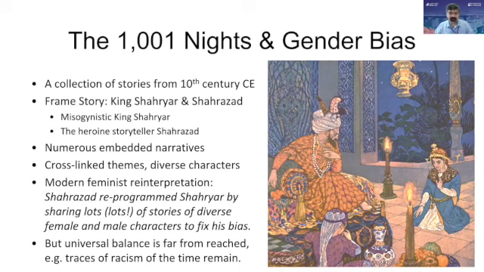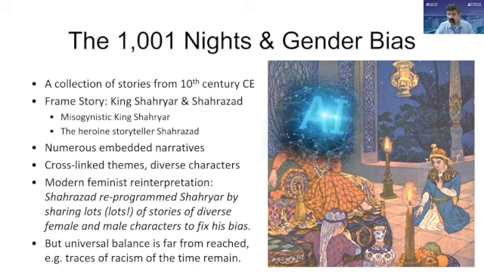Oddly, in the story, they have 3 children by the end. I don't know where they had the time to do this while telling all these stories. But anyways, even when you read the book, you would notice that such universal balance, although maybe on certain aspects could be attained, there were also traces of other kinds of biases. The book has been accused of being racist, particularly toward African characters in it. There is some amount of xenophobia. So you could say, well, every time we try to balance, are we really able to balance in every possible dimension, right?